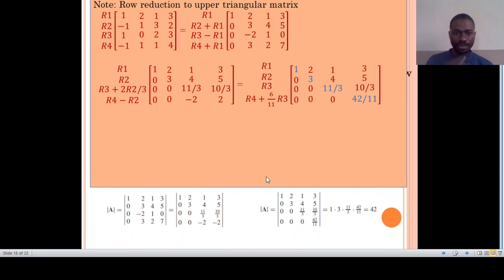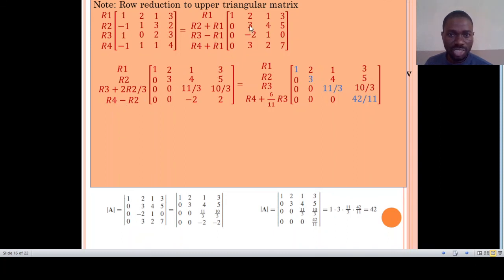I'm saying that I corrected something. I put 3 here earlier, and I noticed that there's not supposed to be 3 there, so I have to remove it so that you will not get confused. So if you want to convert for this place, I can say row 4 minus row 2,